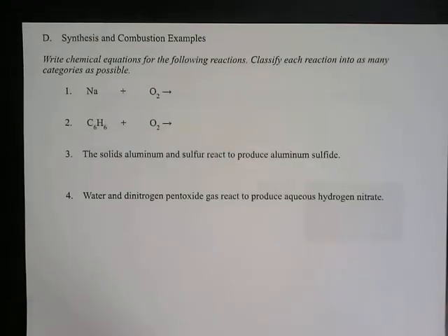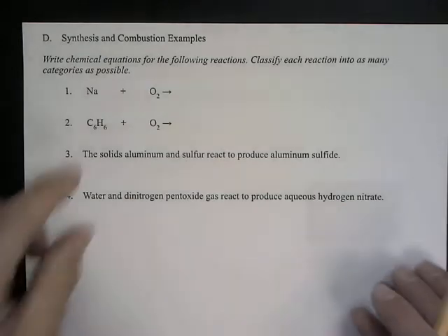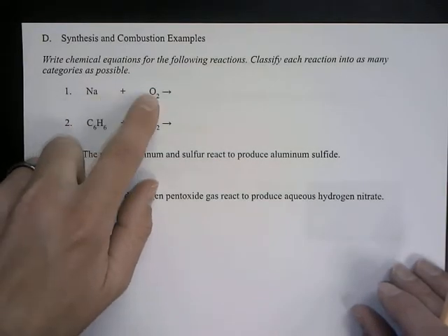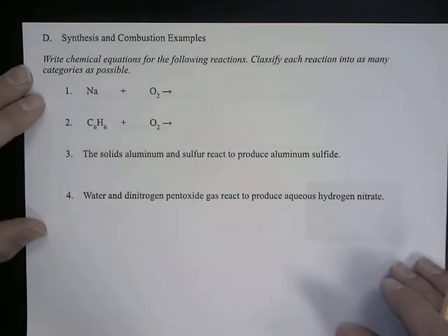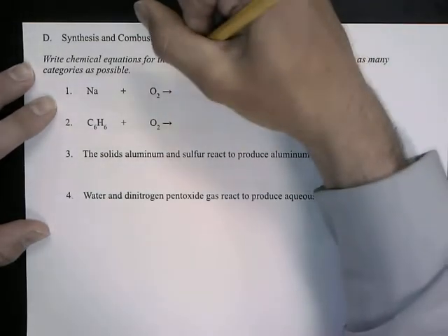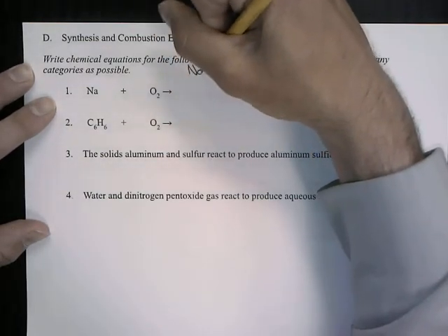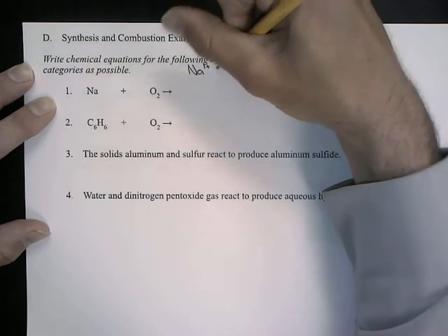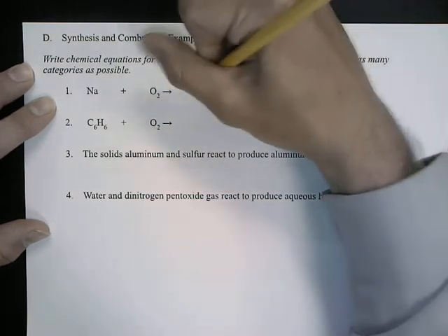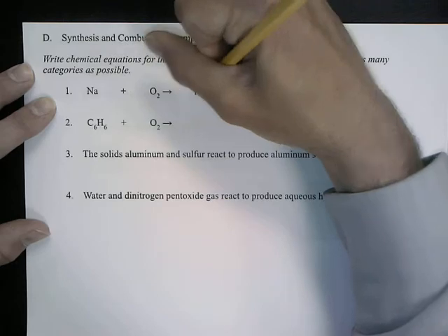Alright, so let's try some examples here with synthesis and our combustion reactions. So we have sodium and oxygen. This right here is a synthesis reaction, and it's going to combine sodium, Na, and oxygen. Sodium and oxygen, remember, would be ionic. So Na would be 1+, O would be 2-. So what they would form is